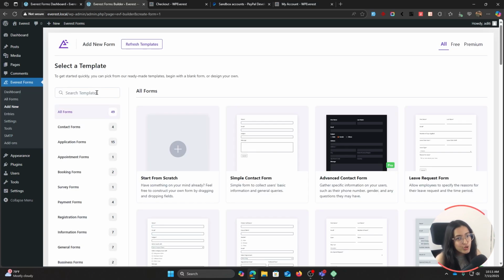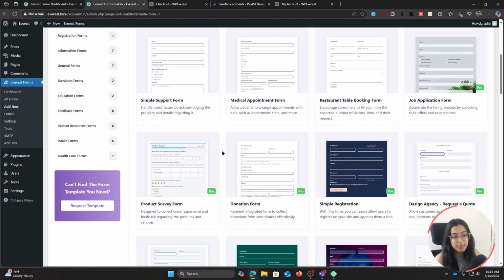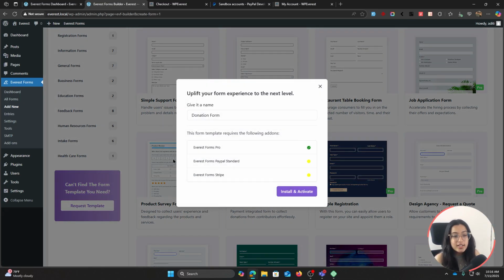Now you can either use a pre-built donation form template or start from scratch. However, I will be choosing the donation form template, which is available right here. If you want to, you can create your donation form from scratch. So let's get started. While creating a donation form, you need to give it a name, which